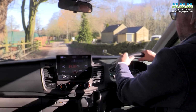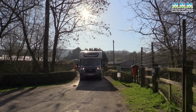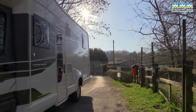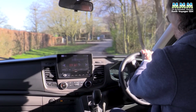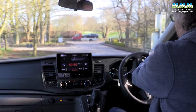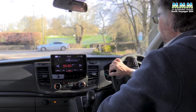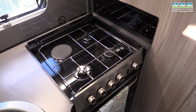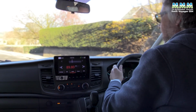So driving this Swift Voyager. Just been over a cattle grid, hence the noise. And yeah, there is some conversion noise, as probably you'd expect with a mainstream coach-built motorhome, but it's not bad. Once you've silenced the big cooker,